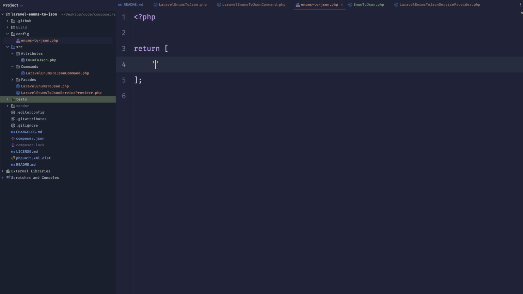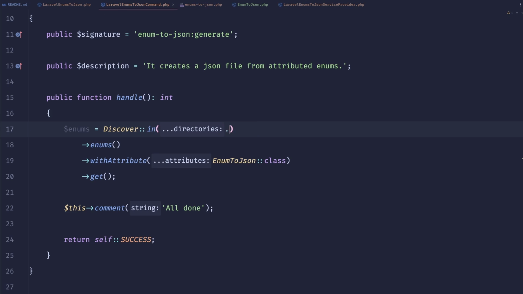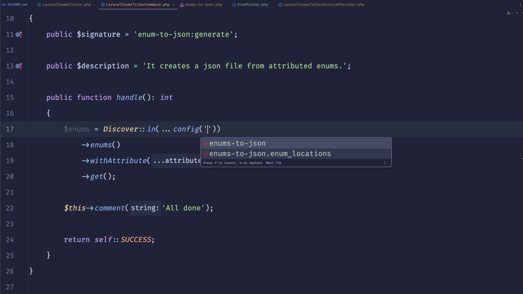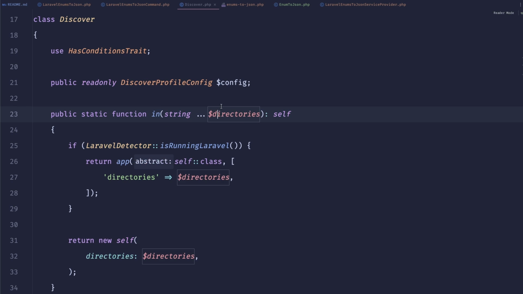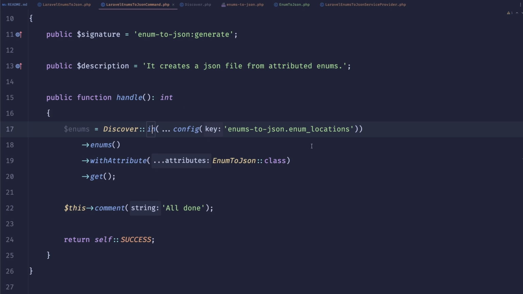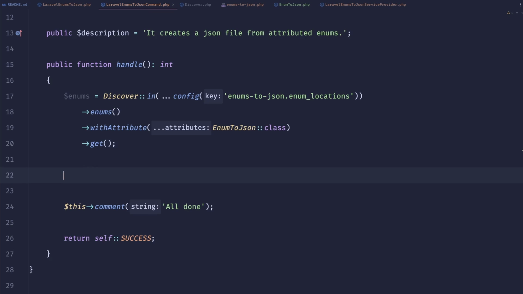And in here, let's do something like enum locations. By default, let's just use app path here, and that's probably fine. Now what we should be able to do here is config enums2json enums location. Make sure to destructure that because it will accept a list of directories. Okay, so basically what we want to do after that is